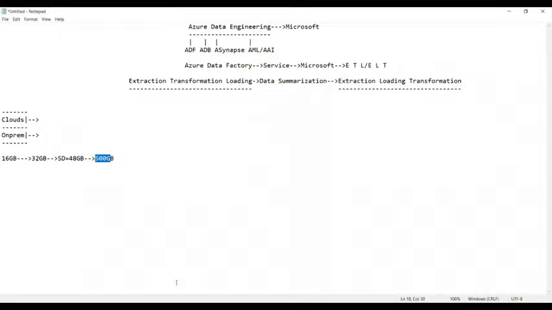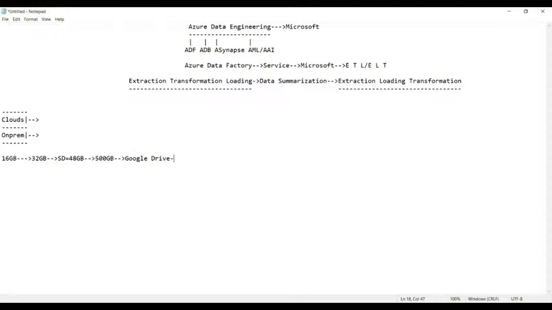Google Drive. Yes, the other alternative is nothing but Google Drive. So I go and store the data in Google Drive.